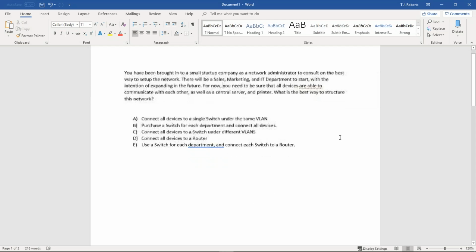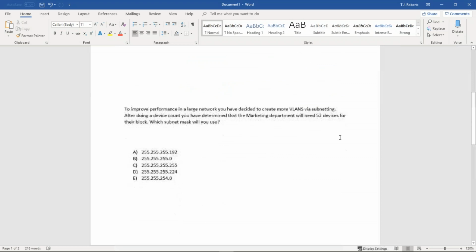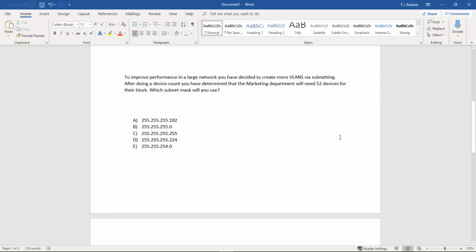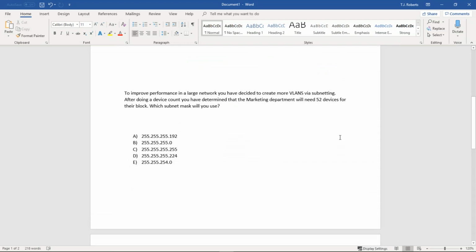Right. Okay. This one's probably going to be a little bit easier or a little bit harder, just depending on where you are with subnet mask. But I did it like this for a reason, okay? Because you could easily see something like this on the exam, okay? So this particular one here,